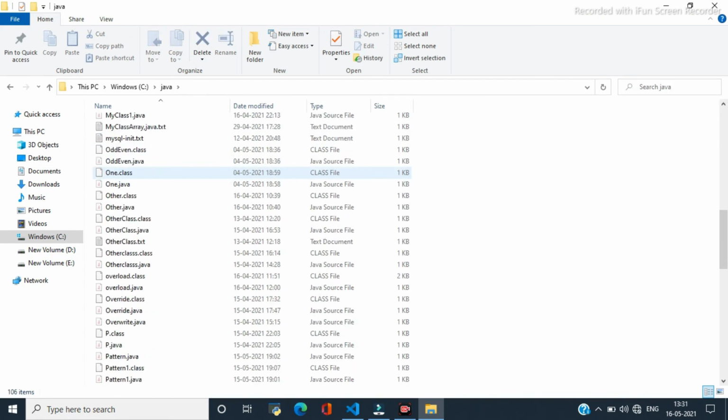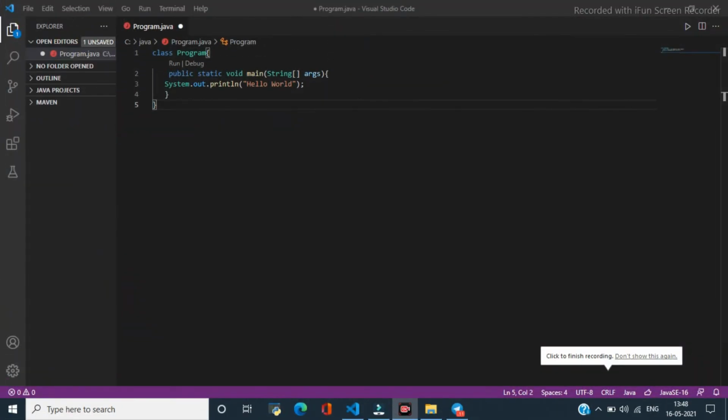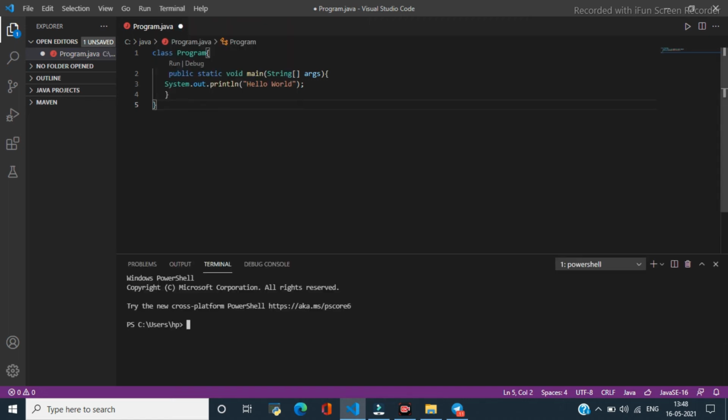This is so because we cannot run Java programs directly. It has to be compiled first and then run. So our next task will be to compile and run the program. As VS Code provides us the terminal to compile and run the program here itself, we will not go with the command prompt. First of all, we will change the default directory and bring it to our C drive Java